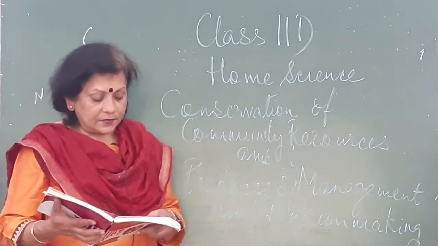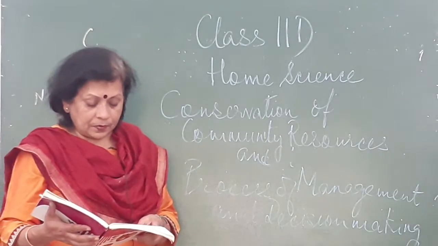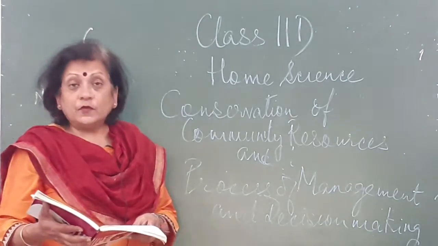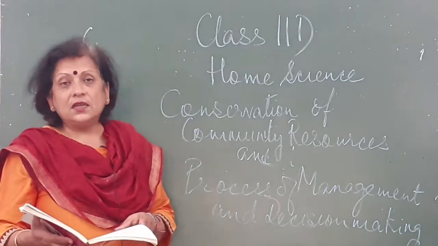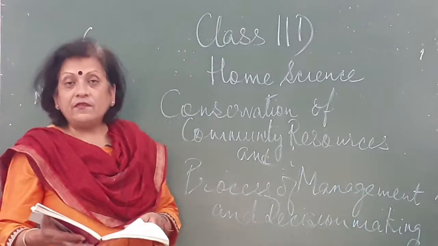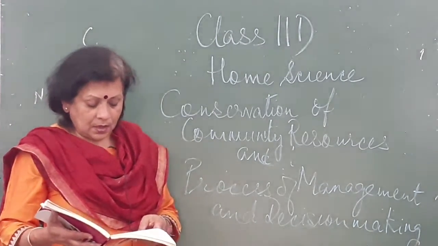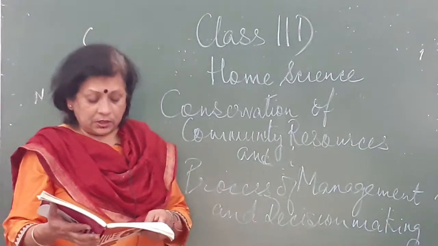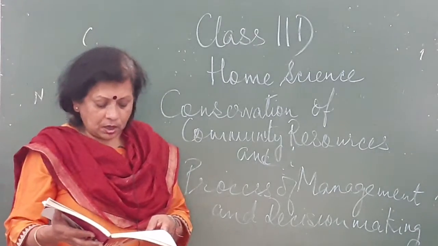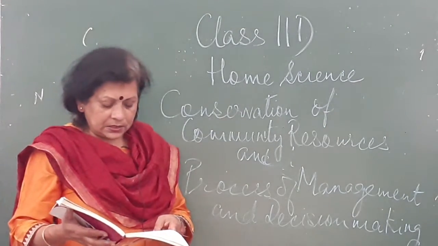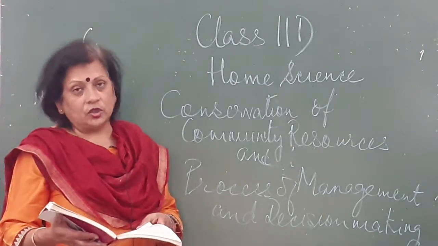Even the families have certain goals, not a single goal. The goals may be multiple and they are needed. For this, a choice has to be made, because no family has unlimited resources. And when we make this choice, we hope to achieve the most important goals. And the families don't have full control over their resources. So, for example, a family decides to go on a holiday. At the same time, a scheme offering a good discount can be there on a television set. So, they have to make a choice.